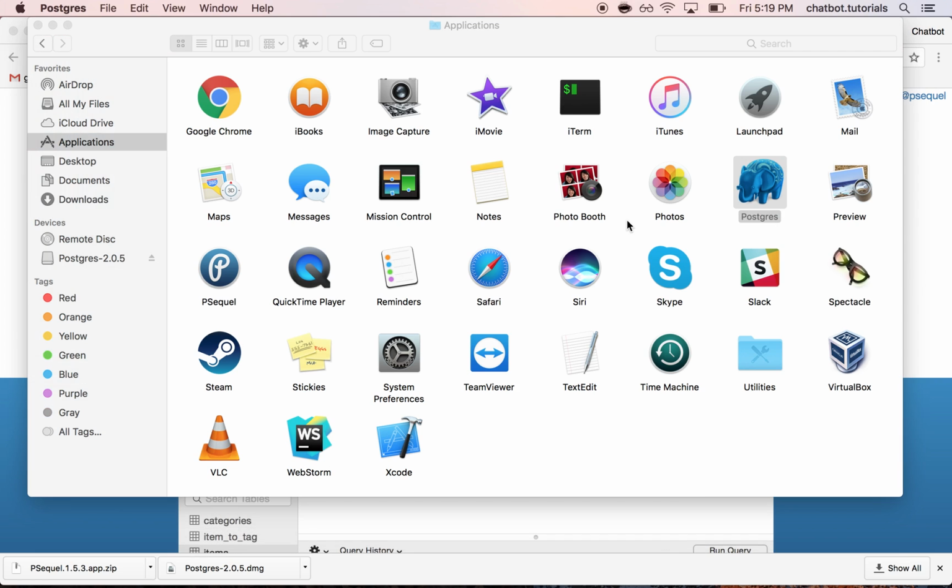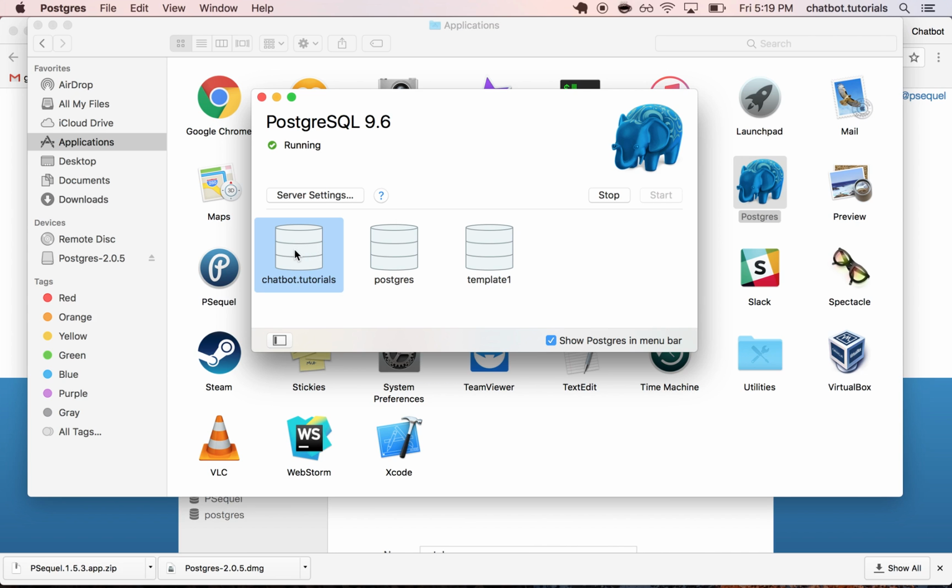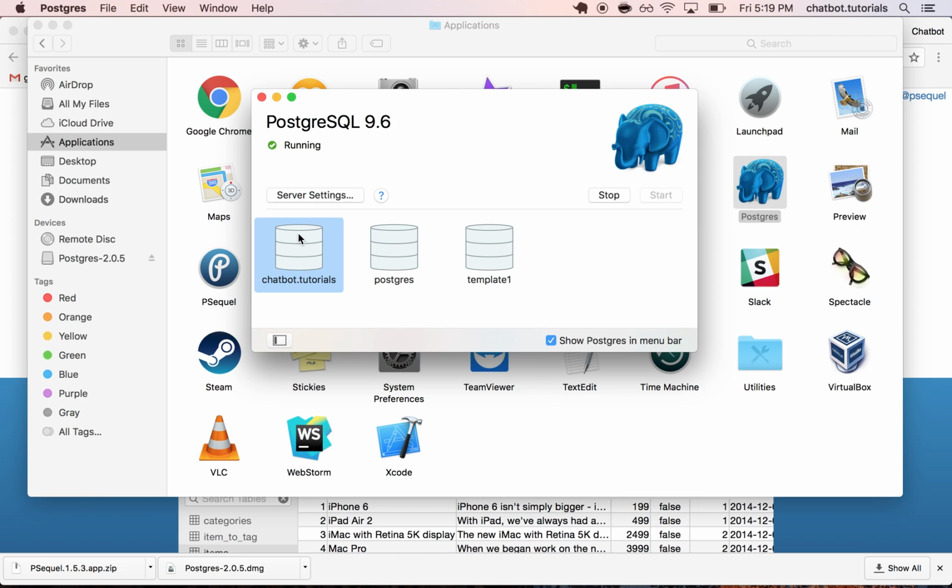Perfect. I'm going to open that, and we don't see anything in here because it hasn't been initialized. There's no data yet. So we're going to click this initialize button, and we're going to see that Postgres will automatically create by default three different databases: Chatbot Tutorials, Postgres, and Template. And we're going to double click the Chatbot Tutorials database,